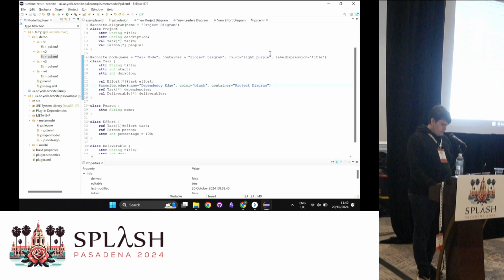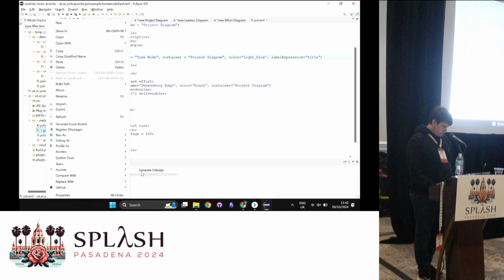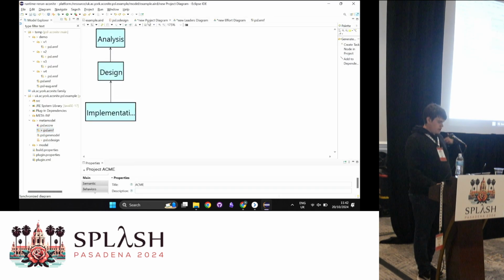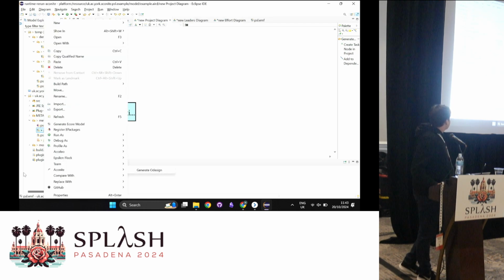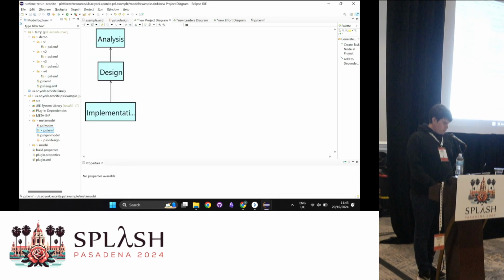But what we're able to do is we can make any changes. So let's change this over to blue. Let's make sure to spell it right. And here we can regenerate. And because of the interpreted nature of Sirius, it automatically transfers over as soon as we have regenerated our own design, which I did by right-clicking and clicking here. So then we're able to show